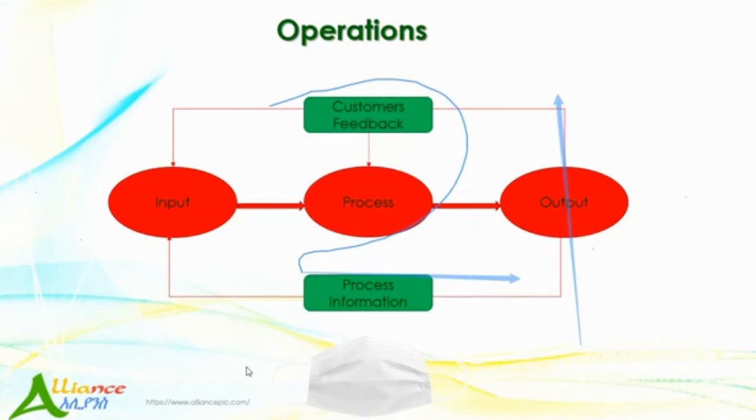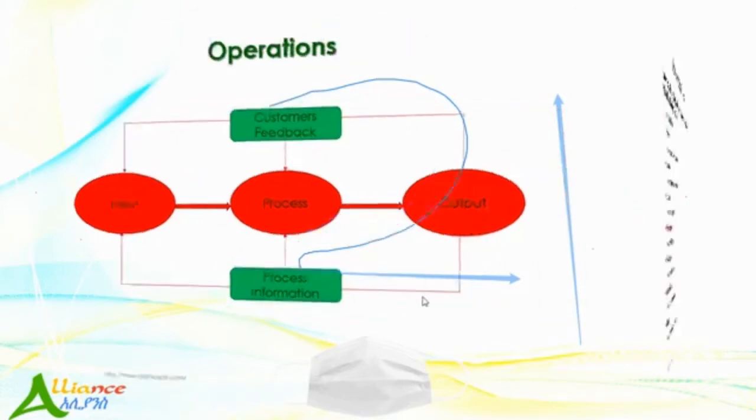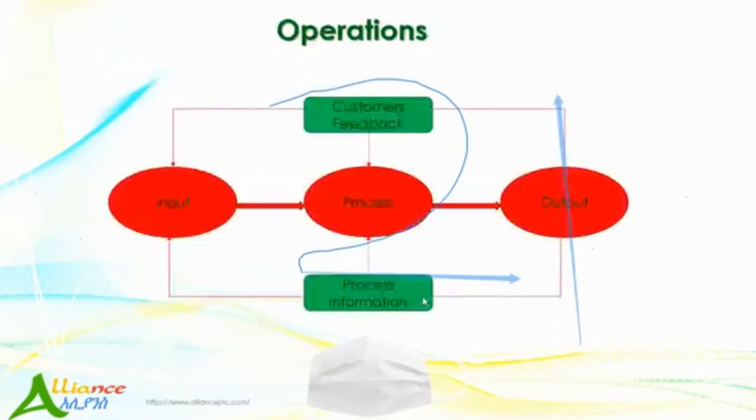We get them by processing inputs. In detail we will discuss it, or I will attach a video on this topic, on this operation. So we have input, there is a process, and there is an output. This is the step that we follow to produce products.